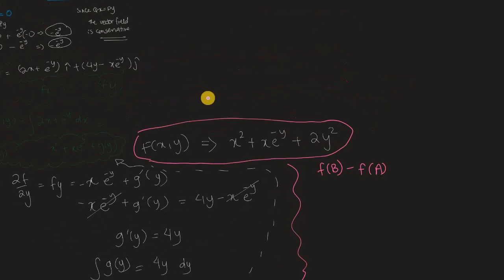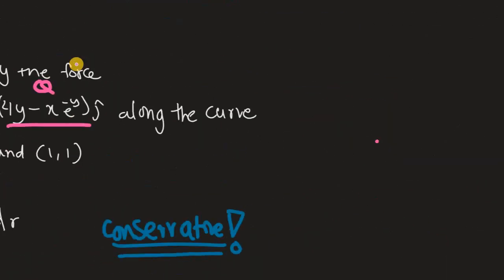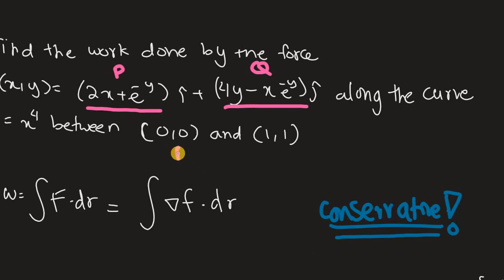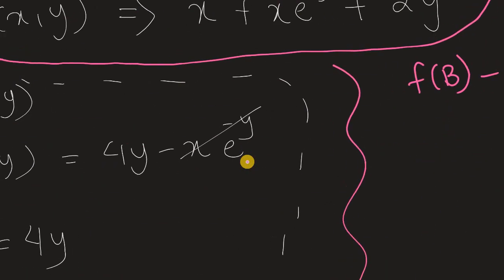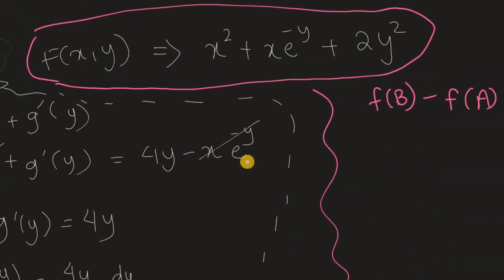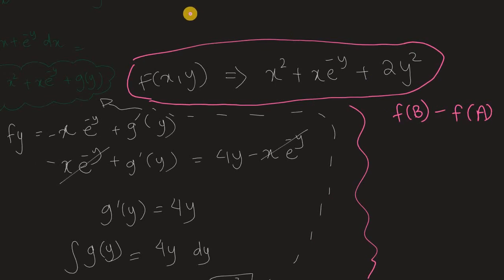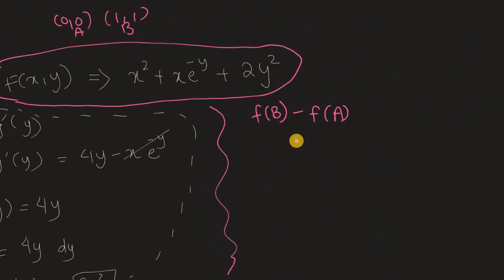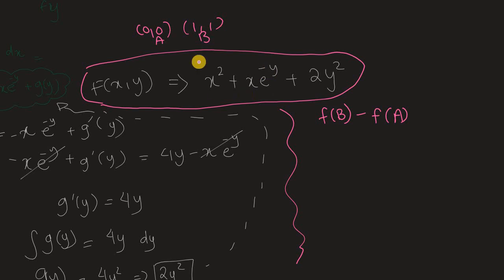So our point A and B are simply (0, 0) and (1, 1), right? So let's say this is the point A. The first one is the point A and the second one is point B. Okay? So we have (0, 0) and (1, 1) as point A and point B. Okay, so now plugging in the point B into the equation first, that means x and y both are 1. So 1 plus, this is 1 and e to the negative y. So e to the negative 1